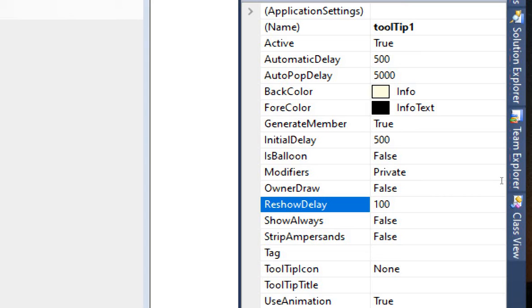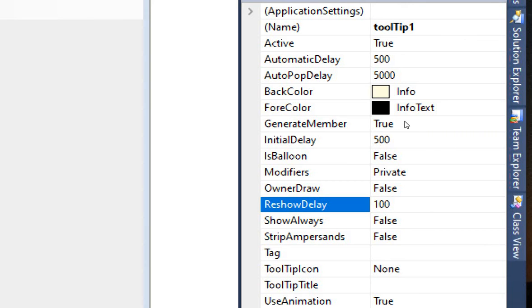When you move your mouse over the control, initially after how much time the ToolTip will appear, how long the ToolTip will stay, and after that when you move your mouse to another portion and then target your control again, the reshow delay will work.